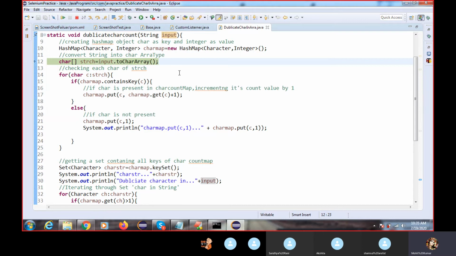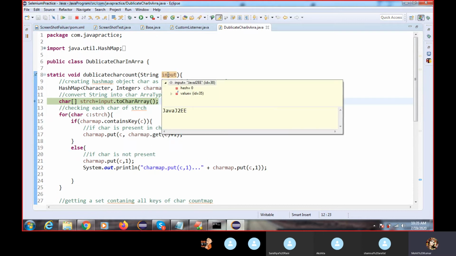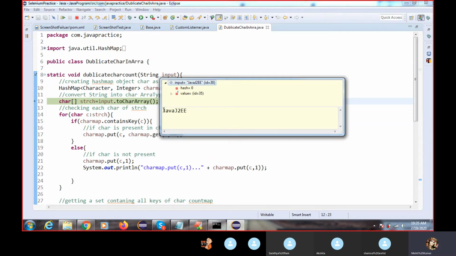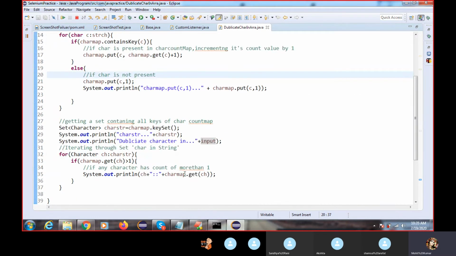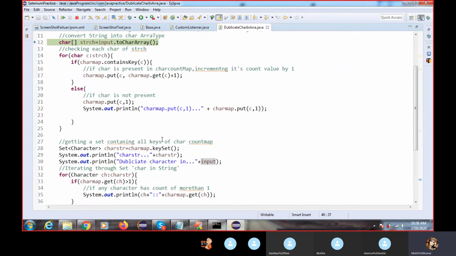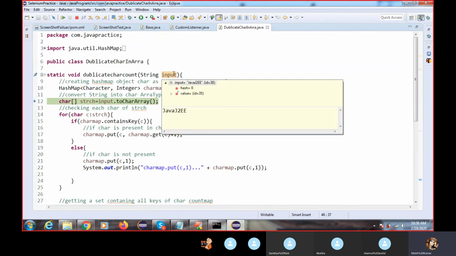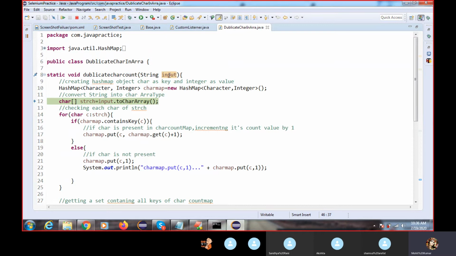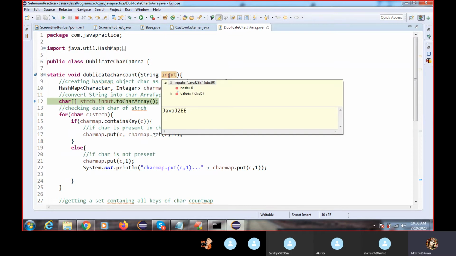So what I'm going to do here, you can see, mouse over. Whatever input we have provided, we are able to see here, right? We are passing the input, meaning the parameter. Where is it coming from? This is coming from this argument, right? Got it? So like that we can understand our code, how this code will work. So this is the input.